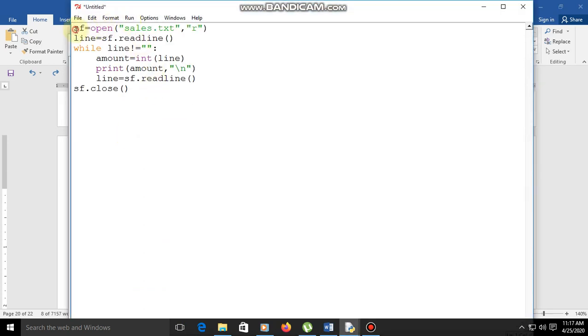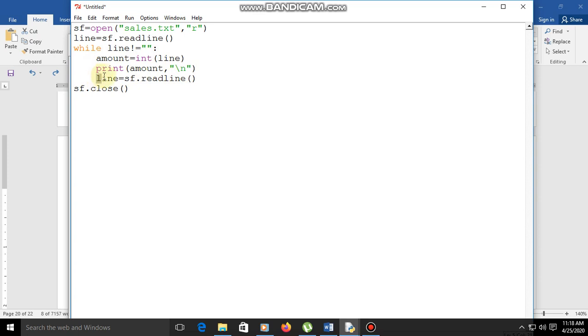Here SF is the sales file, open, that is reading is nothing but opening, and another variable is line equal to SF dot readline. Only one line we read at a time. Now we use the while loop: line not equal to empty, then amount equal to int line. Then print amount. Clear?